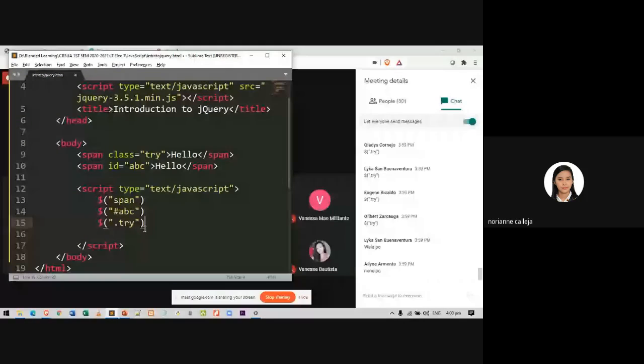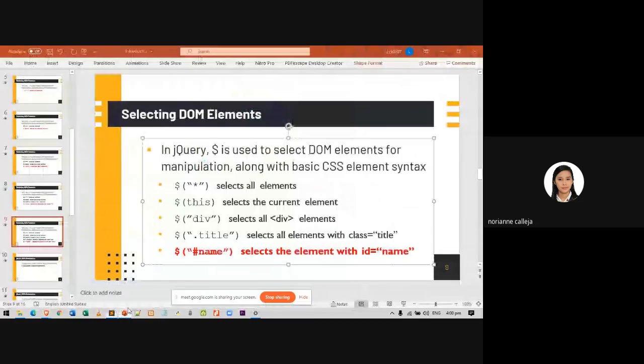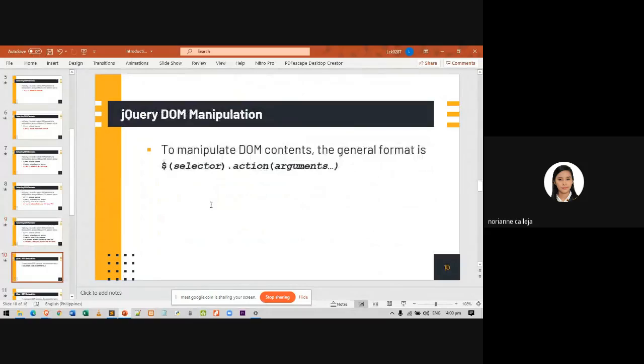We don't just select elements. For content manipulation, we can use this format. It is not enough to select elements.